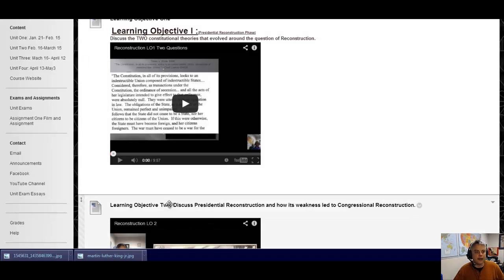So what I would do is I would also write down every learning objective. Start with learning objective 1, of course. Write down with your magic wand here, discuss the 2 constitutional theories that evolved around the question of Reconstruction. Right. In other words, what were the questions regarding Reconstruction